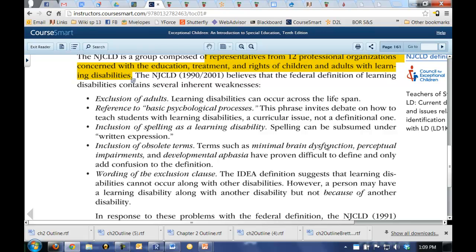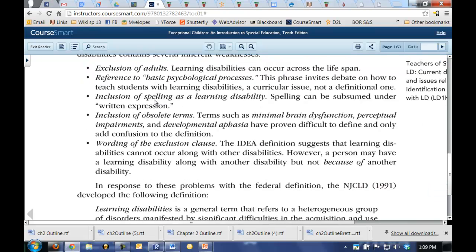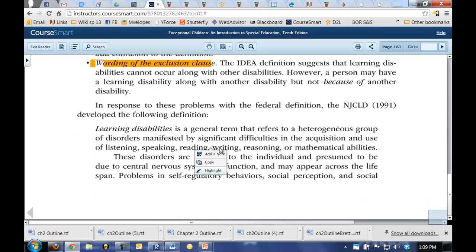This phrase invites debate on how to teach students with learning disabilities. Inclusion of spelling as a learning disability. Spelling can be subsumed under written expression. So spelling is not a category. If you go back and look at the notes, that's not a category. That fits under written expression. Inclusion of obsolete terms, wording, an exclusionary clause. And in response to these problems, the